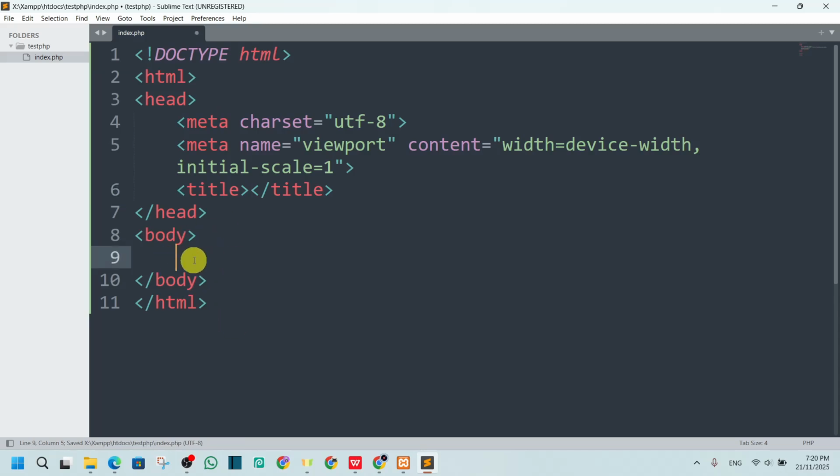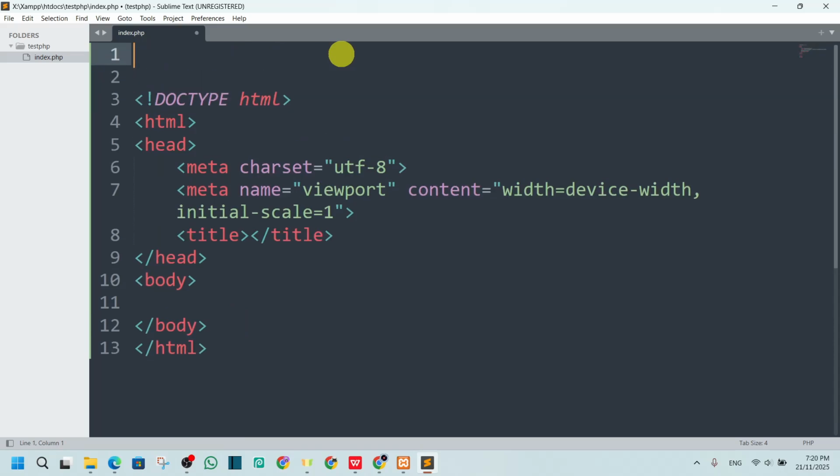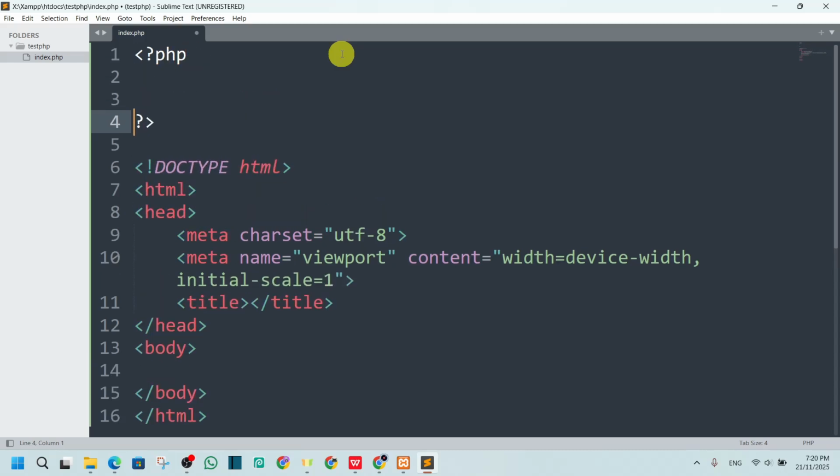And we know we have PHP syntax, right? To write any PHP code, you have to use PHP syntax. So this is the PHP syntax, and inside of it, if you want to show anything, you have to echo it, right? I will say here that this is the PHP page, and here I will say h1 that welcome